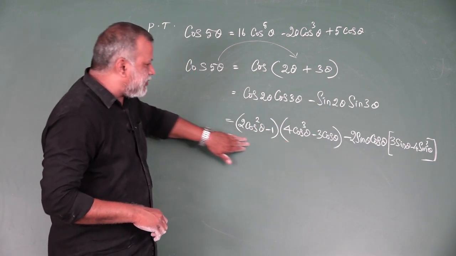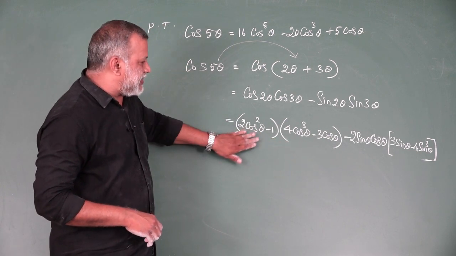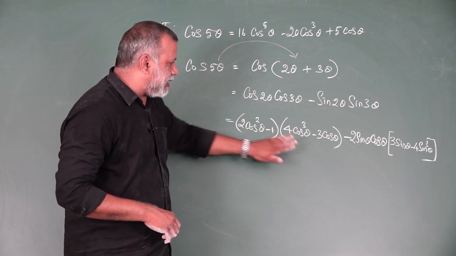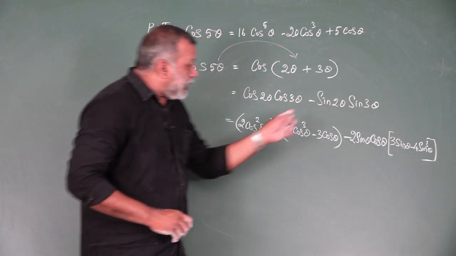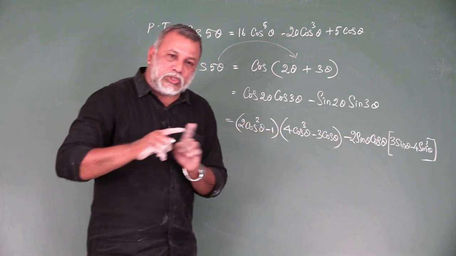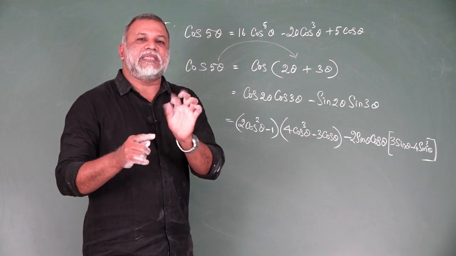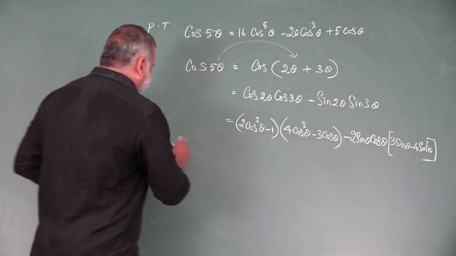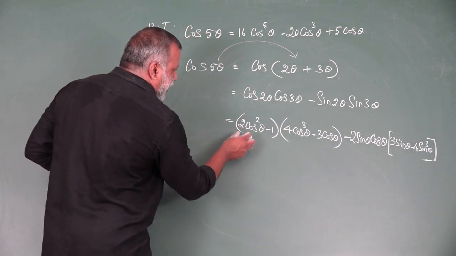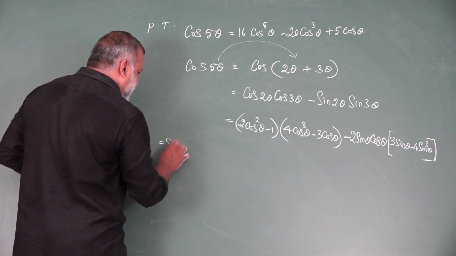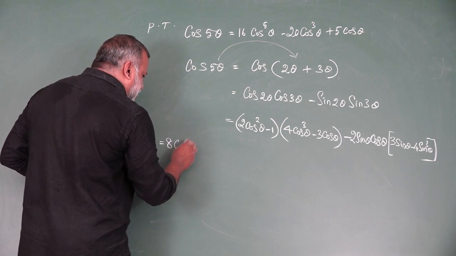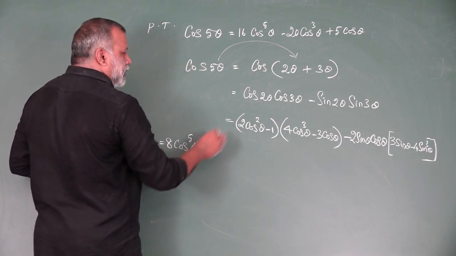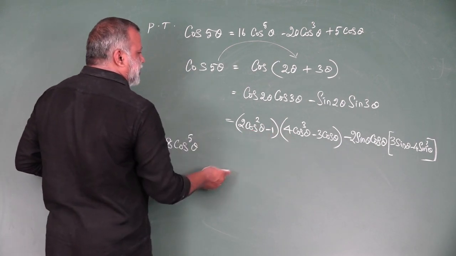See here, everything is a cos family. The first bracket and second bracket, everything is cos family. You have to multiply and simplify, that's all. Here, you are going to eliminate the sine families. Listen carefully, I am giving an idea here. 4 into 2, 8. Cos squared, again multiplication with the cos cube, we get cos power 5 theta. So 4 2s are 8, cos power 5 theta.